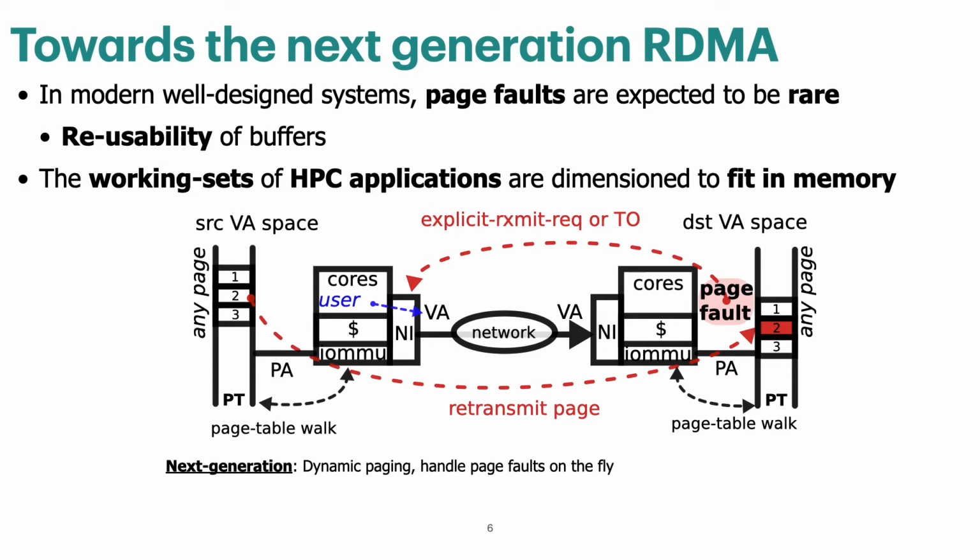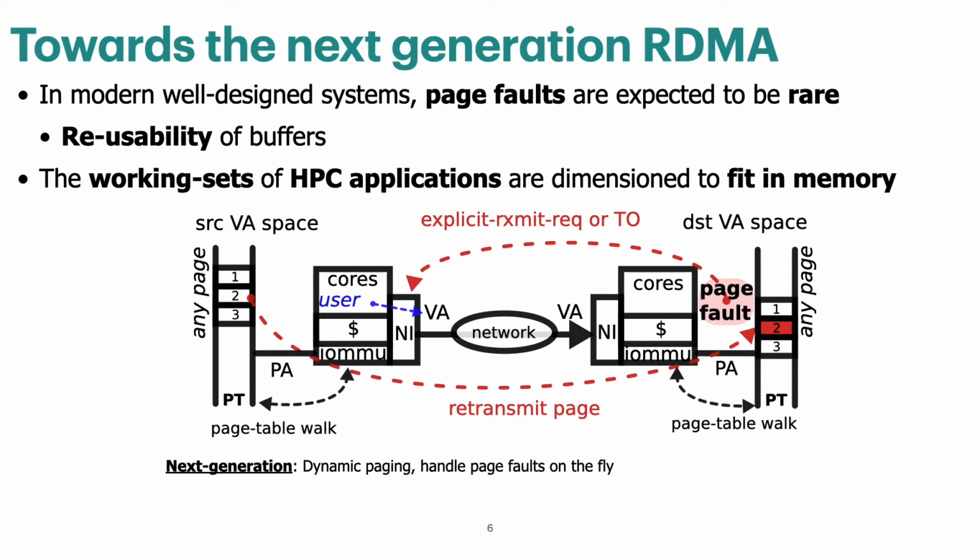Here we have another example. This time the pages are not pinned in memory, and for the translations we use the IOMMU that has the mappings of virtual to physical addresses. And it also supports small TLBs and a page table walker in hardware. So at this time, let's assume that at the source the page is already in memory, but at the destination the page is not in memory yet. So the request will go through the IOMMU, it will be translated, it will find the page here